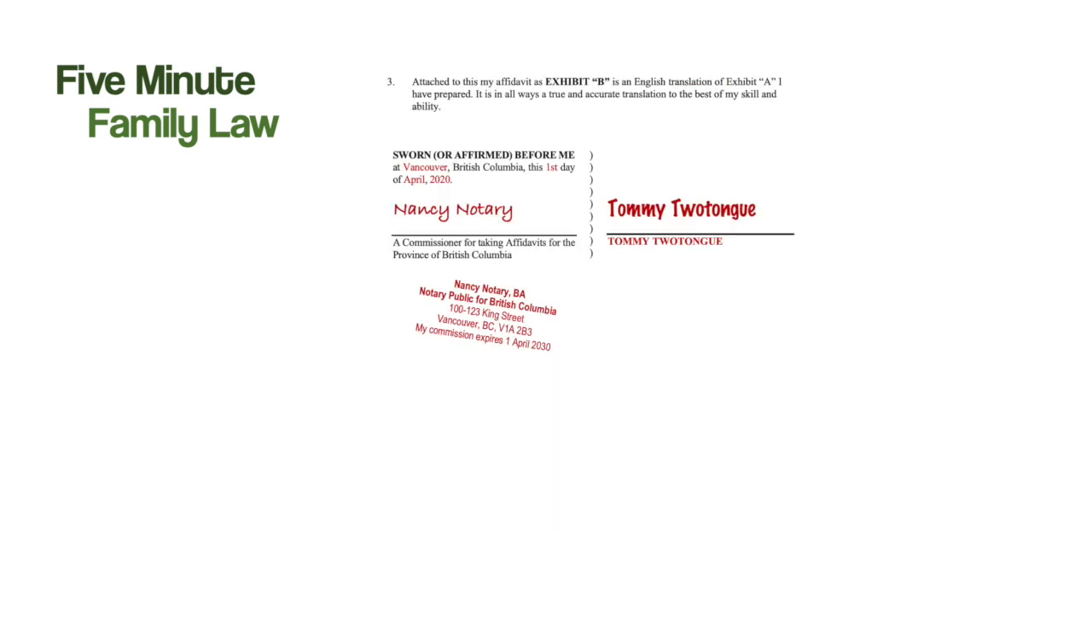And at paragraph 2, he is saying that he has translated the marriage certificate between Marge and Homer Simpson that was written in Urdu and attached a true copy of that as Exhibit A. And I'll show you Exhibit A in a moment. Then on page 2, all the pre-prepared script is up there at the top. Tommy signs over here, and then on the other side of the page, Nancy Notary, who is taking Tommy's signature